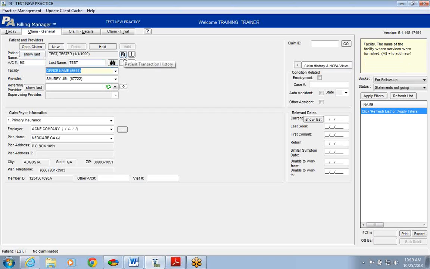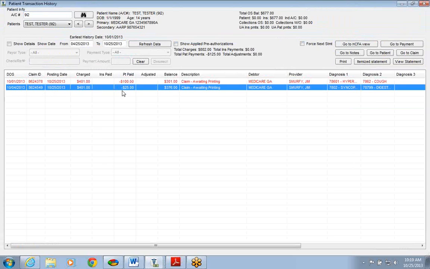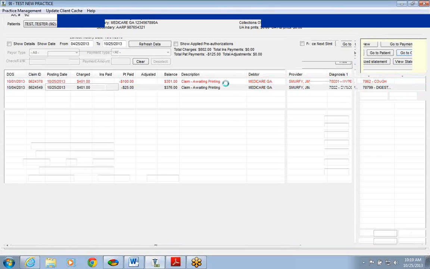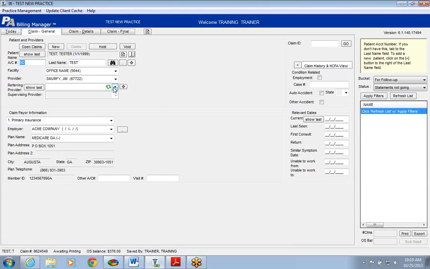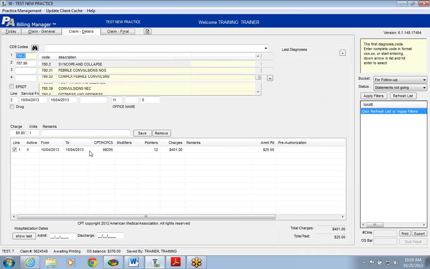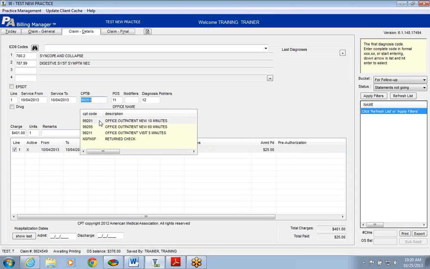We could go here to the Patient Transaction History, the paper just above the... You can see an overview right here for 10-4. This is the claim that we just entered. And if we highlight that line and click the Go to Claim button, it'll re-pull in that same claim that we just entered. So if you forgot to add in, let's say, a referring provider, or let's say maybe the CPT code is not correct, you can take your mouse and click on the line that you need to change the coding,